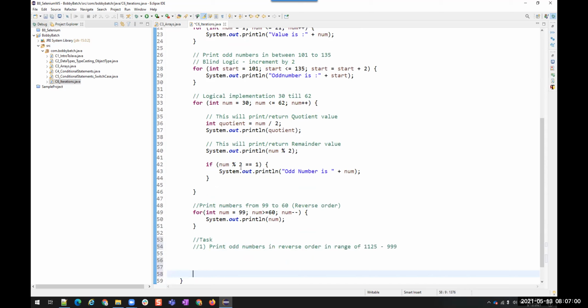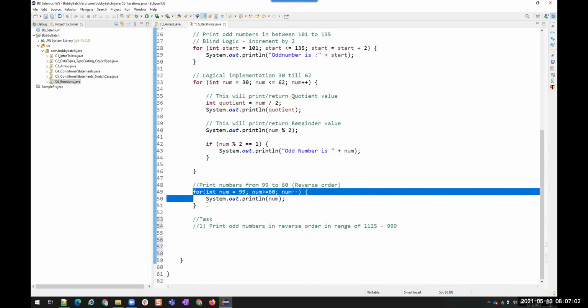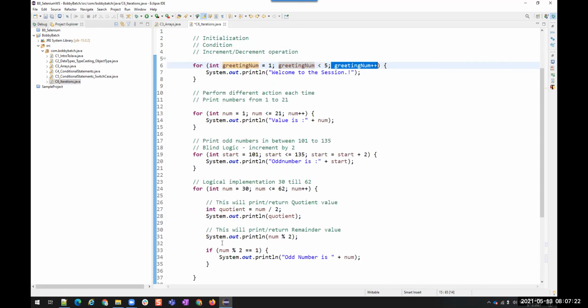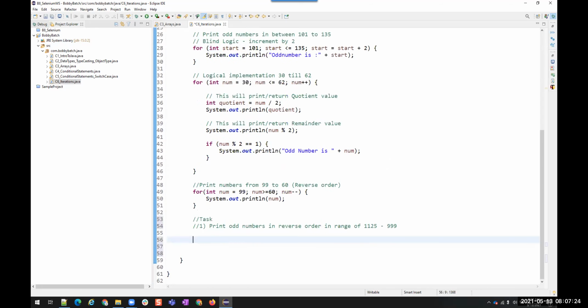If you take this or any example, the initial example, I said we are initializing, we are verifying the condition, and then we are having the incremental or decremental operation. But this incremental or decremental operation inside a for loop is not mandatory. It's optional.